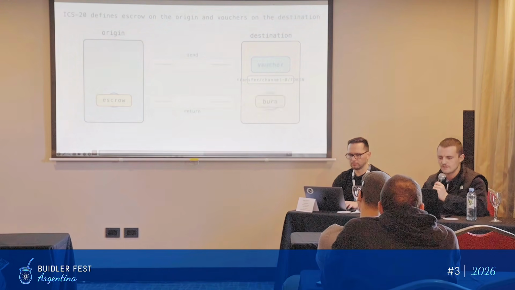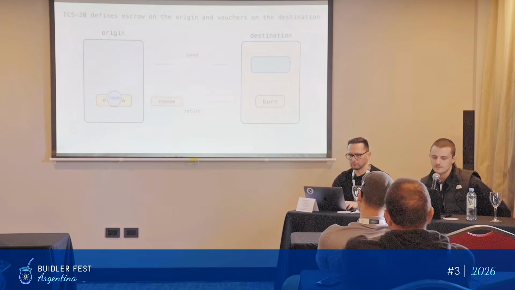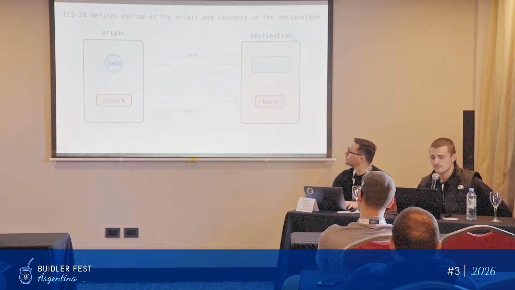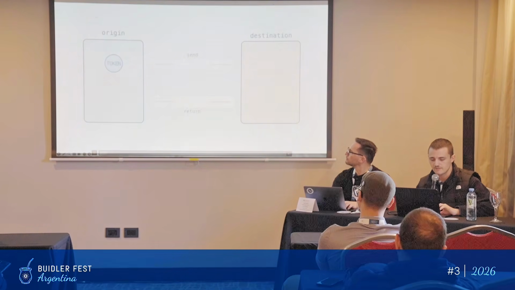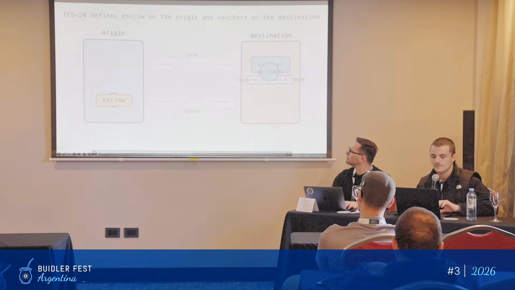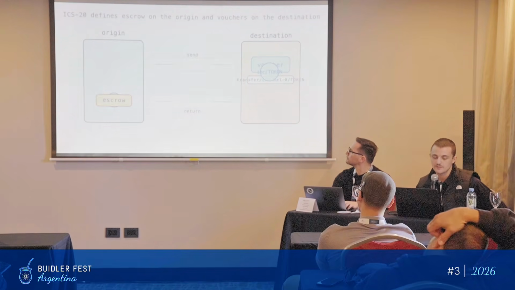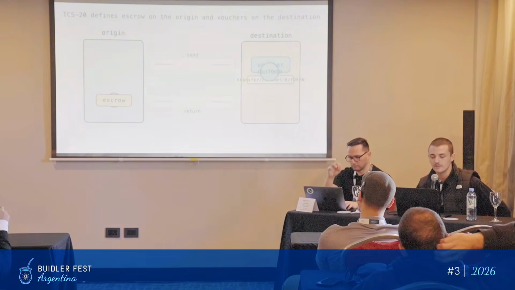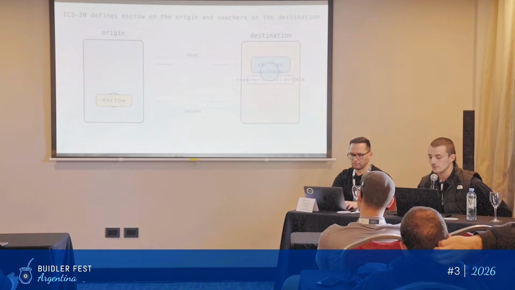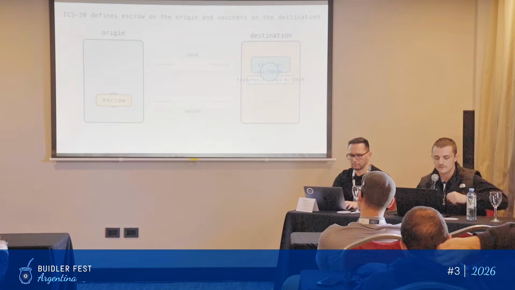The core point is that when the bridge is doing this ICS-20 transfer, it needs to understand: am I sending a voucher or am I sending a native asset? That's where the denom trace comes in, the string we just talked about. The bridge needs to recognize, am I minting something or burning something? Am I creating a voucher or just burning a voucher? That's the core purpose of that mechanism.